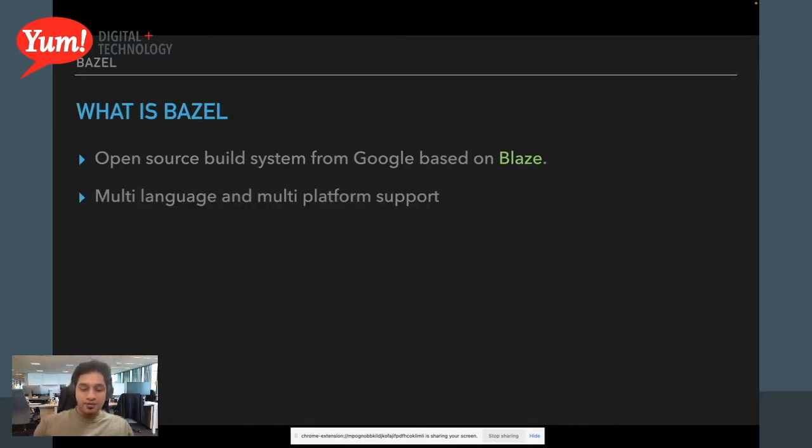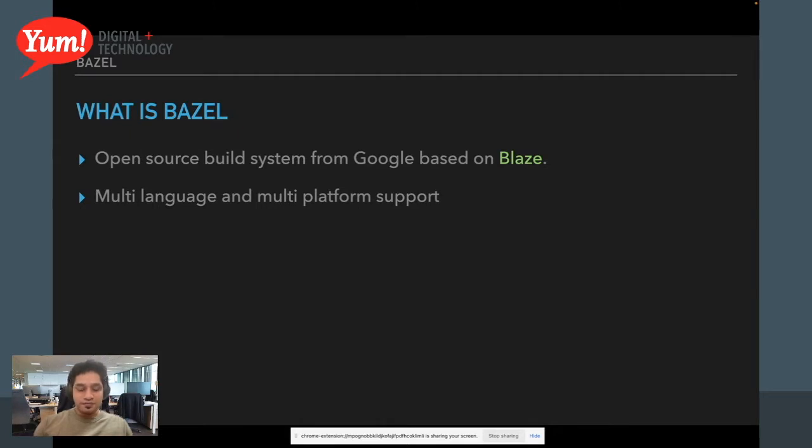So it was built from the ground up to be multi-language and multi-platform compatible. It makes sense because in a large monorepo, it is often the case that you work with different languages and different stacks across the team, and it is always beneficial to have a build system that is compatible with